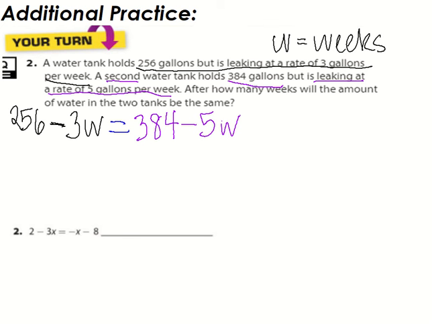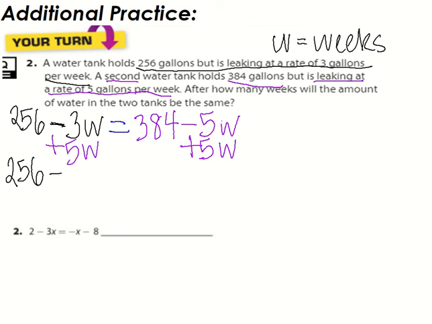So we want to know how many weeks. Okay, so we're going to still move the variable with the smaller coefficient. Now remember, minus means negative. So this is negative 3W and this is negative 5W. Remember, with negatives, the larger number is actually smaller. So negative 5 is smaller than negative 3. So we're going to move the negative 5 first. I'm going to add it because that's the inverse of minus. And we're going to get